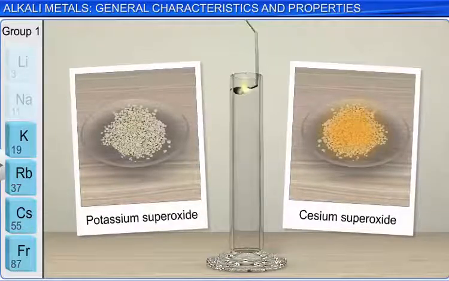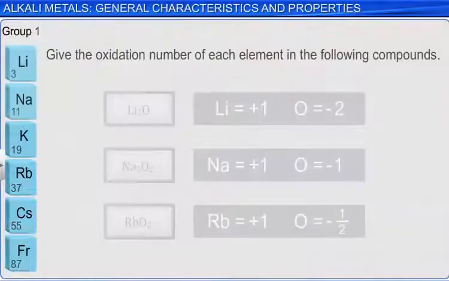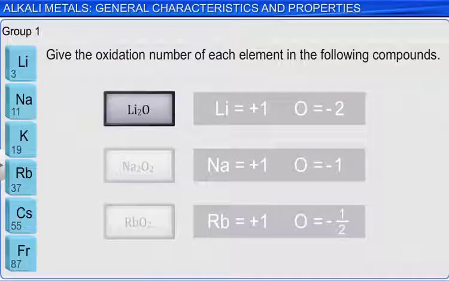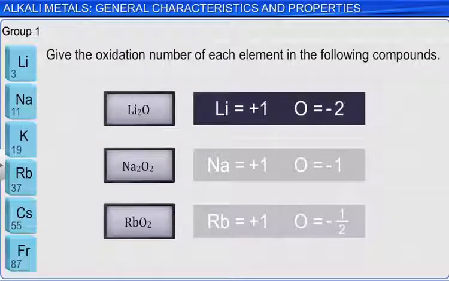Let's try some problem solving. What is the oxidation number of each element in the compounds? Lithium oxide, sodium peroxide, and rubidium superoxide. Recall that the sum of the oxidation numbers must be 0 for a neutral compound. For lithium oxide, since each lithium ion must have an oxidation number of +1, the oxygen ion must have a